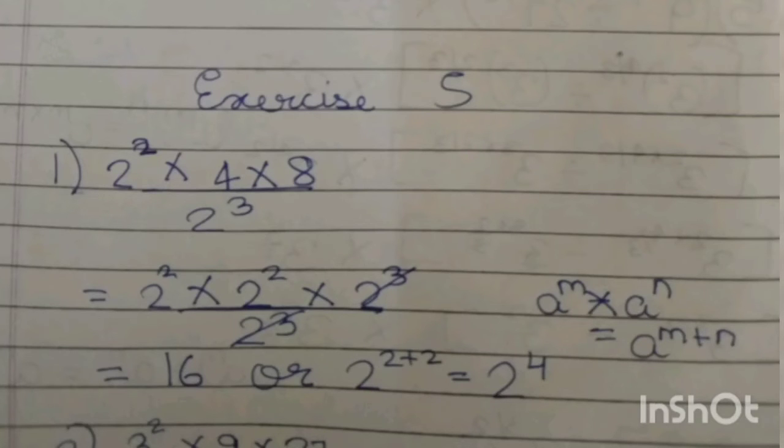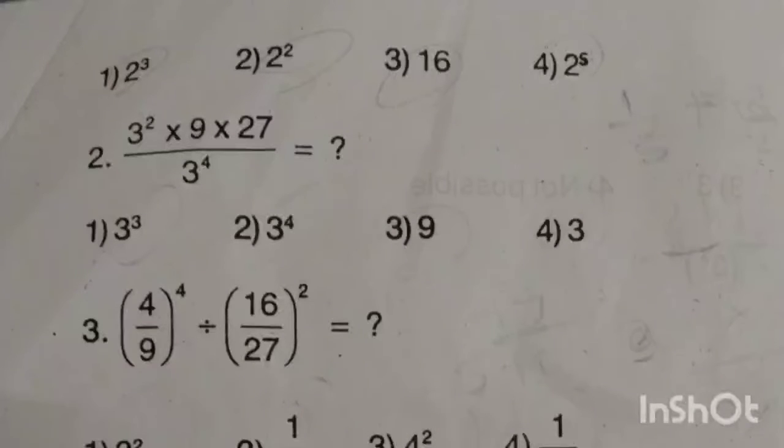So you can do it. What is 2 to the power 2? That's 4, and 4 into 4 is 16. That is 2 to the power 4. Or by the product law, as we know, a to the power m multiplied by a to the power n is equal to a to the power m plus n. So 2 to the power 2 multiplied by 2 to the power 2 equals 2 to the power 2 plus 2, which is equal to 2 to the power 4. I hope you understood. Now the second question, 3 to the power 2 multiplied by 9 multiplied by 27 divided